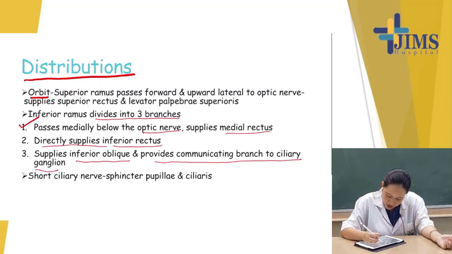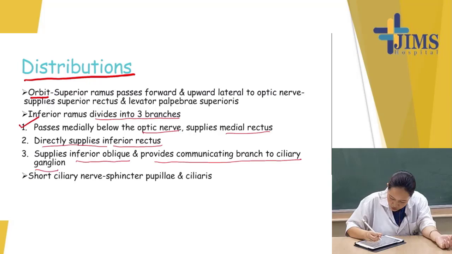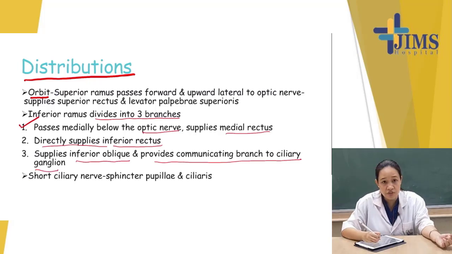Next we have our inferior ramus. This inferior ramus gives off 3 branches. The first branch goes medially and supplies the medial rectus. The second branch goes below and supplies the inferior rectus, and this third branch goes and supplies the inferior oblique. So, the nerve to the inferior oblique gives off one more